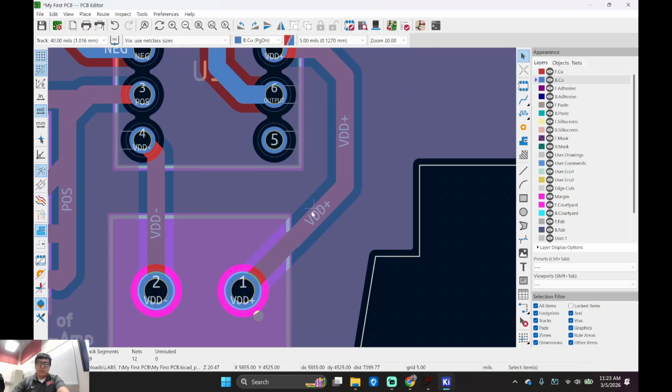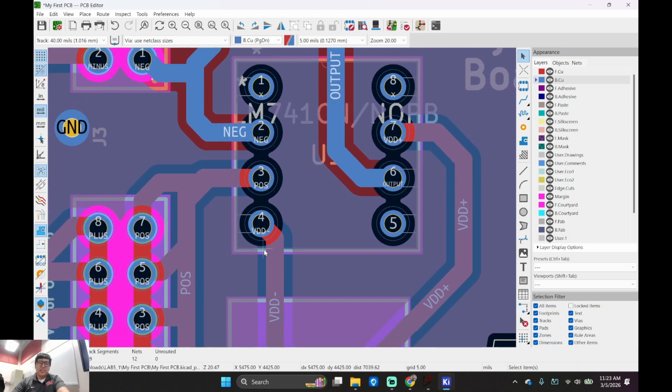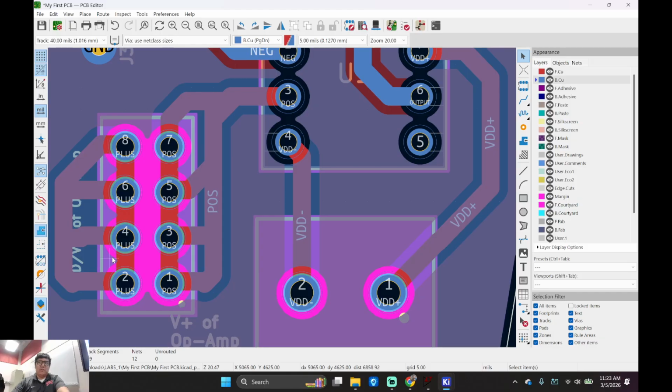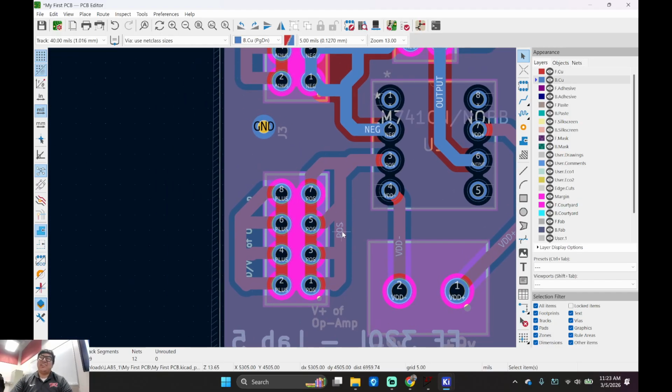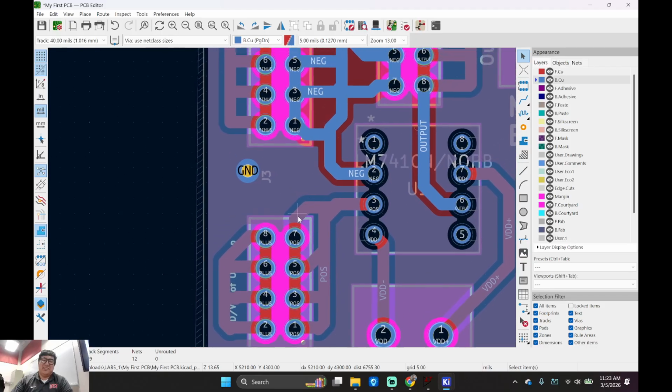You see, I want to see these nice 135 degree angles, like nice curves. See, everything's kind of curvy because an electron, think of it like a ball going through a pipe. If you have a 90 degree angle, if you take Dr. Harris's high-speed PCB design class, it's a 700 level course, you'll notice that if you shine a light at a corner, yeah, it goes through the wall, but a lot of it bounces back. So that's for high-speed PCB design, but we're not doing high-speed. We're doing like 1 kilohertz.